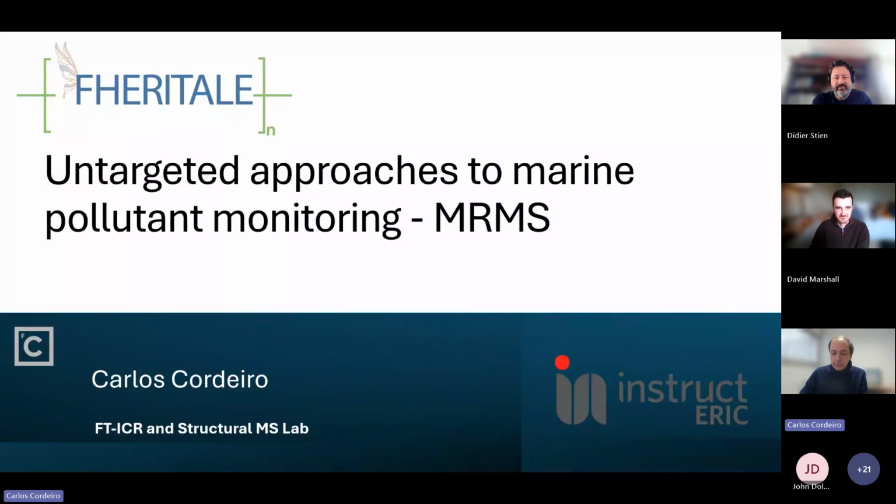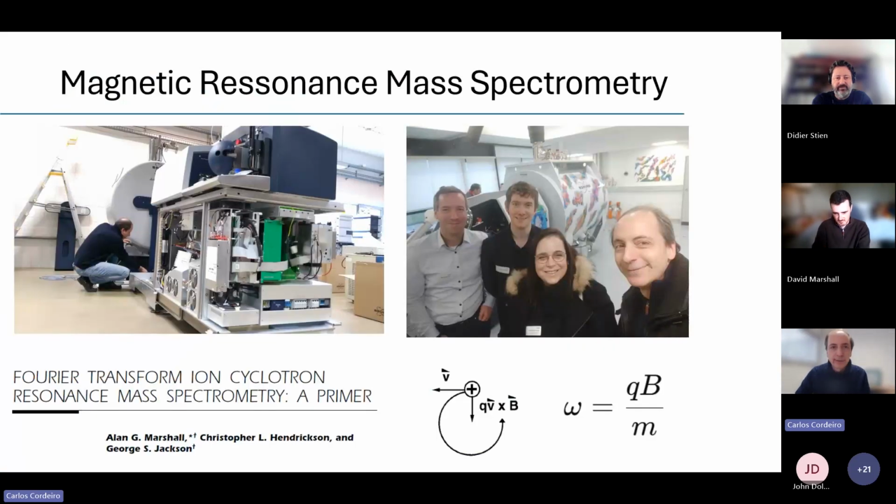So indeed, I do work with a very specialized type of mass spectrometer that was formerly known as Fourier transform ion cyclotron resonance mass spectrometer. Currently it's known as magnetic resonance mass spectrometer. So basically this looks like an NMR that has been tilted over, and physically it's actually very similar to an NMR because it works from the time domain to the frequency domain. So it's basically a trap, a magnetic trap. And the ion dynamics is determined by the Lorentz force.